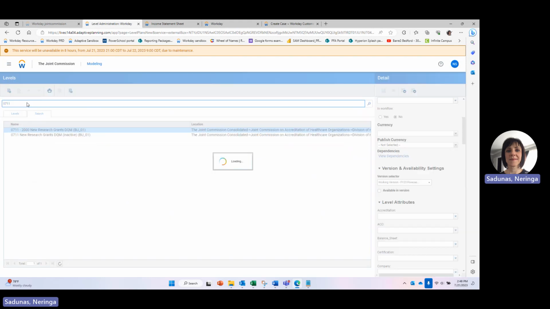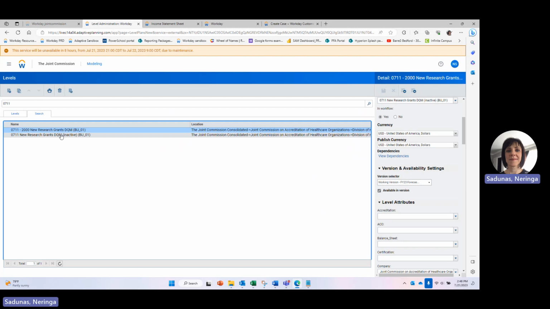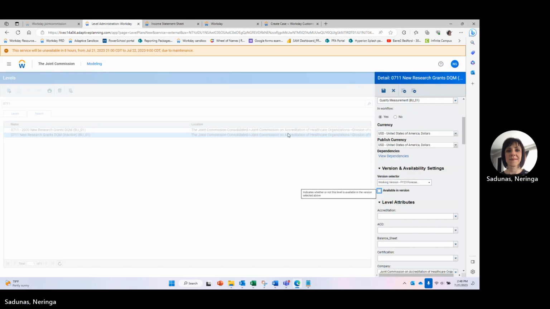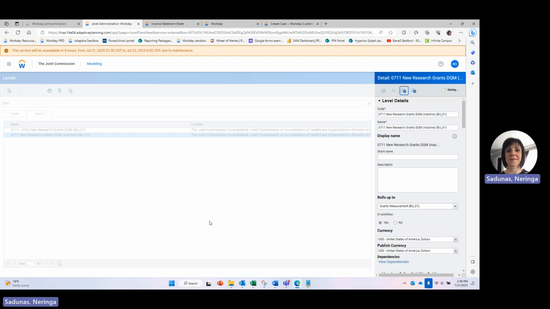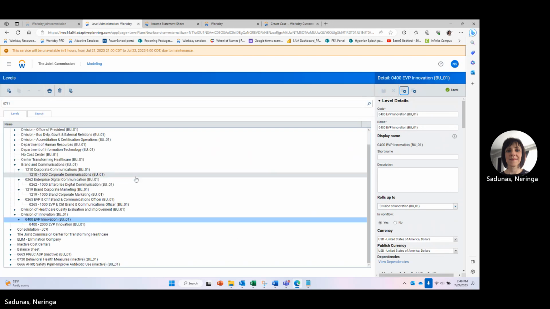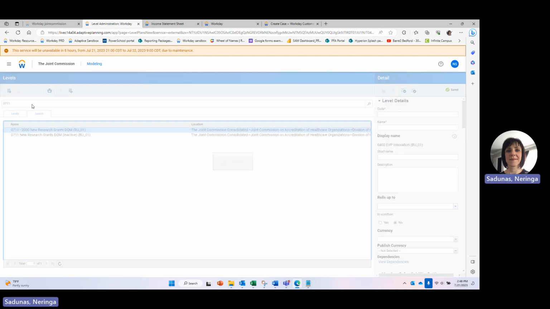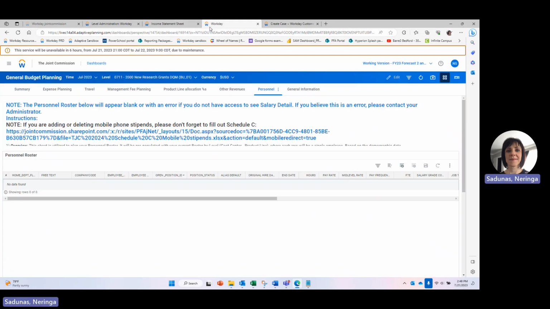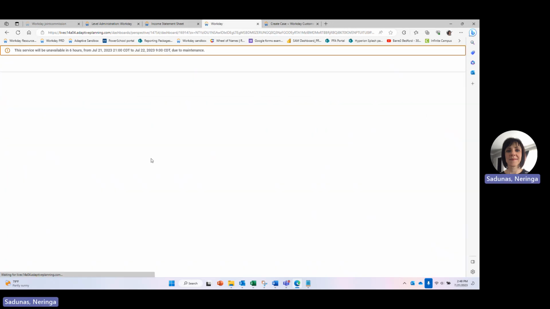So when I go back to inactivate this, it's not available in this version. And I click save. Just to make sure, I'm going to go back. It says inactive. And when I navigate here and refresh the browser,